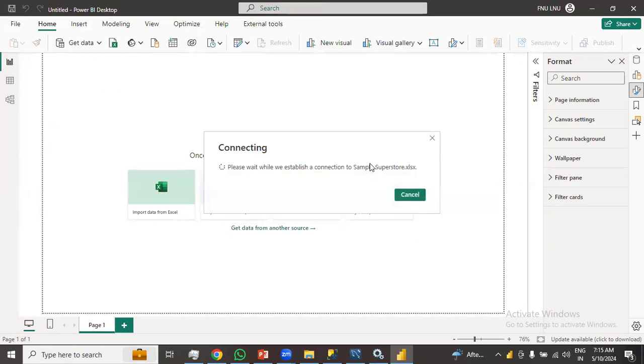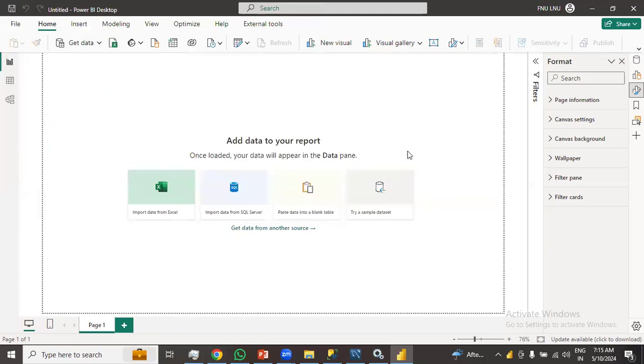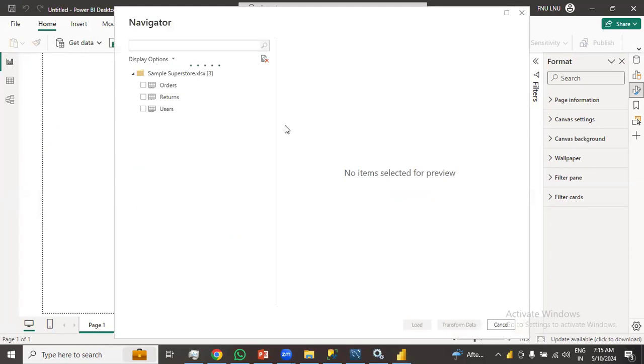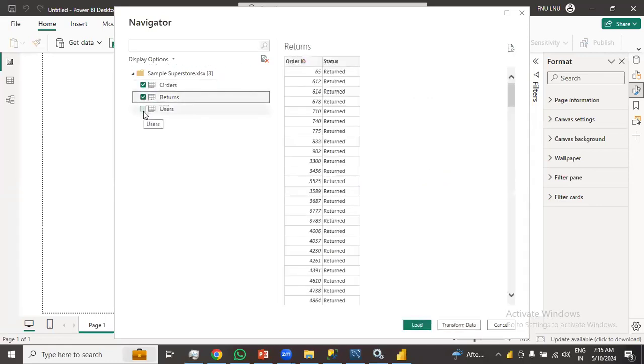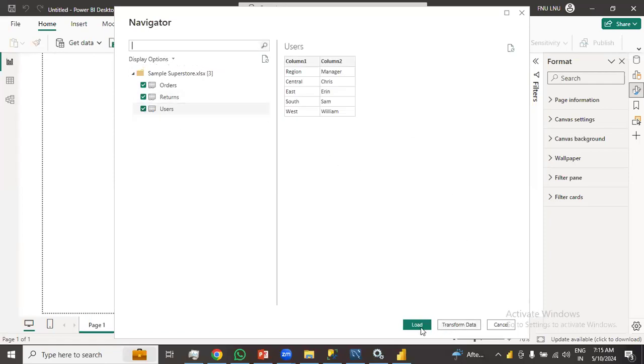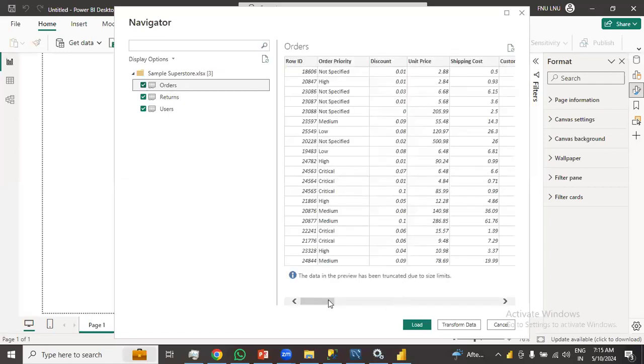Okay, and once that happens, you will be taken to a new window. Here you can click on each of these tables to have a preview of these tables. And you'll have two options: either to load it directly or to transform the data. Now, just by looking at this data,